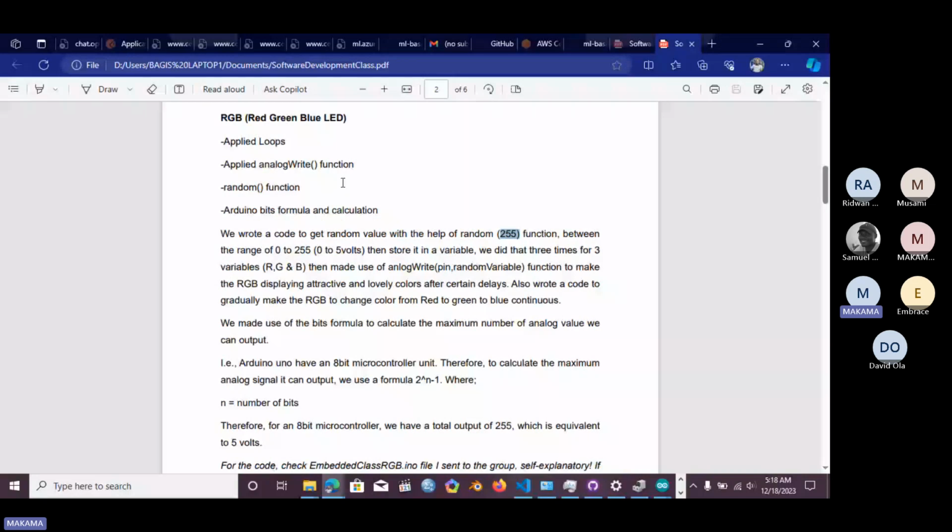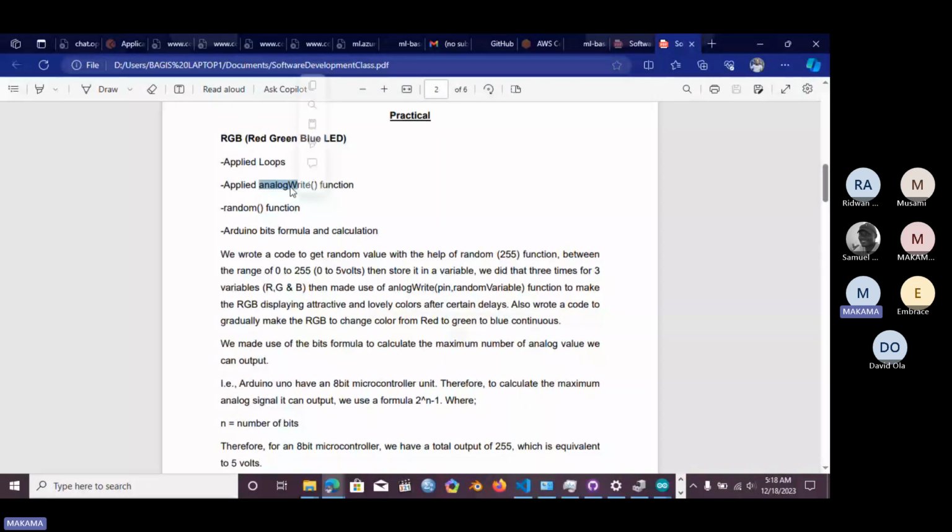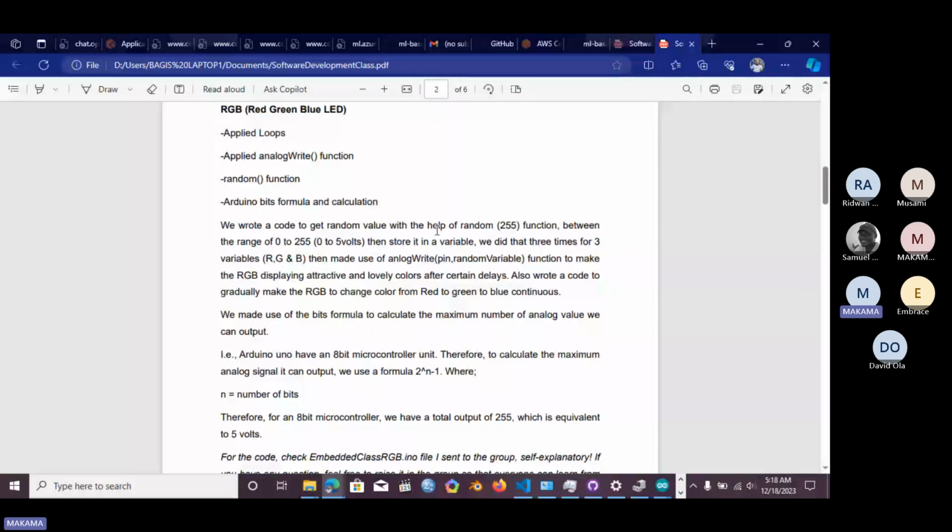Because of the analogWrite function. This is very important for anyone who is into embedded systems. Our embedded systems are based on bits, right? Even our computers, 32 bits, 4 bytes and so on. The Arduino is an 8-bit system. The microcontroller is 8-bit based. So for you to get the total number of bits that the microcontroller can output,